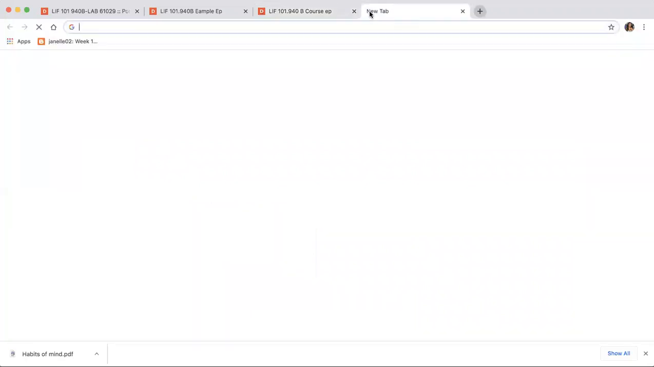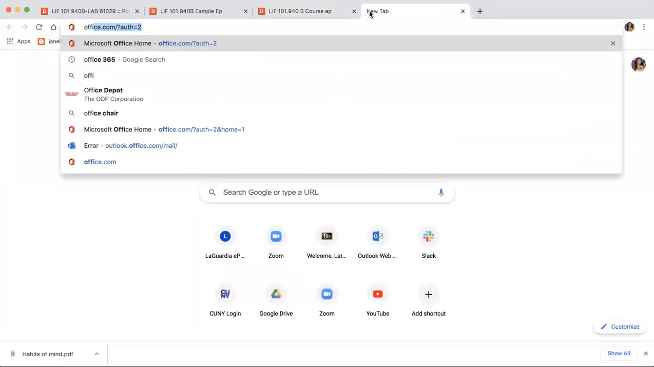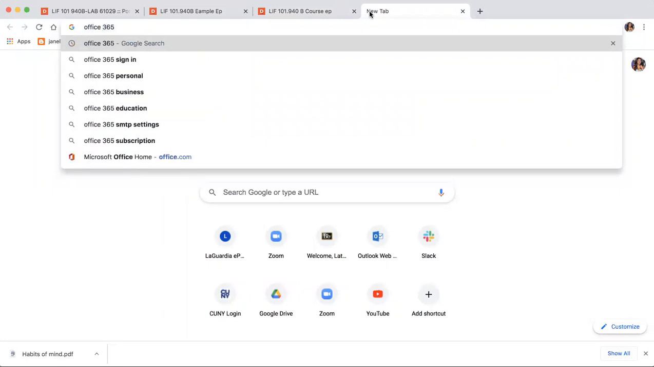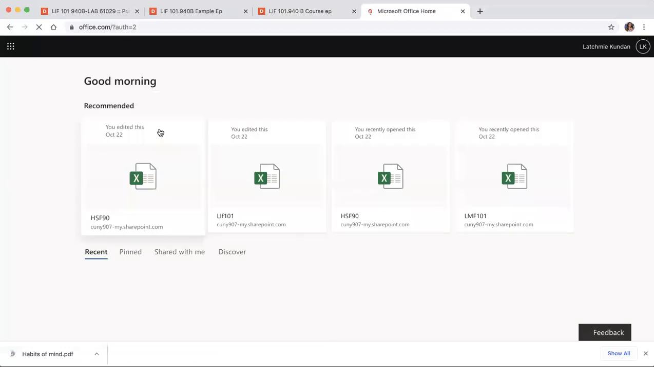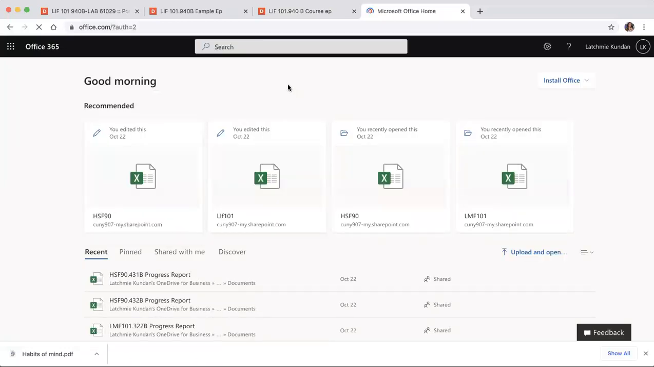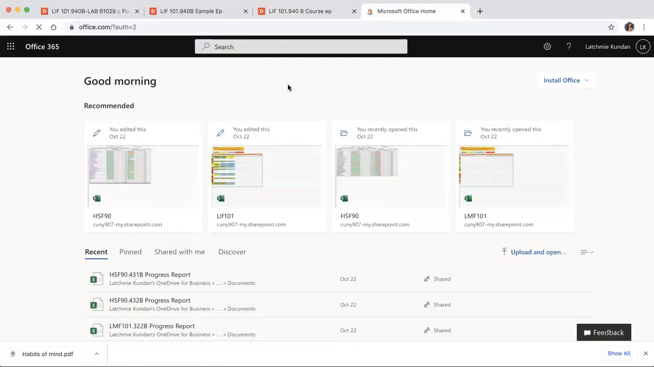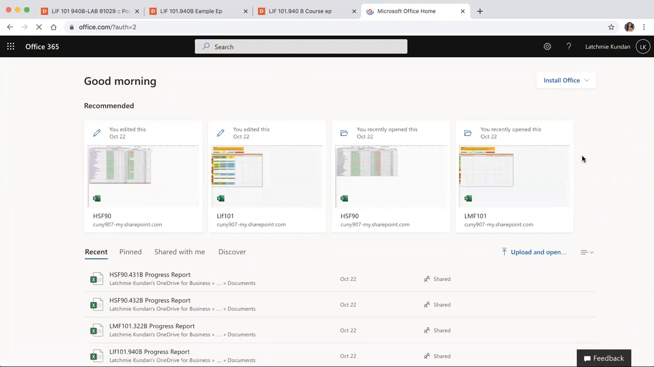So if you go to Office 365 and you search that, it's the very first link. And I'm logged in on mine. I'm not gonna log out because I'm not sure which account I'm using here, because I have a student one and a work one. So